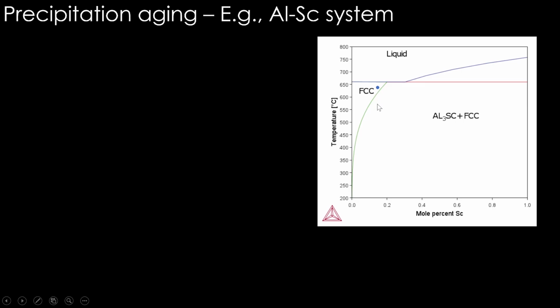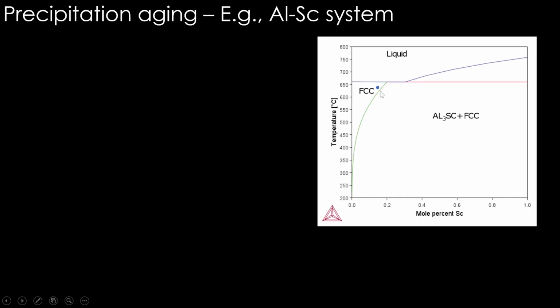All right, so it's a solid solution, and from there, if we slow cool it, it enters into this two phase region, and obviously this Al3Sc particle will precipitate, but it will precipitate at heterogeneous nucleating sites. Therefore, you will not achieve this uniform distribution of fine particles. What we need to do is, from this temperature, cool it to somewhere near room temperature. Okay, so this is 200, 250 and so on in degrees Celsius. So I am putting room temperature somewhere here.